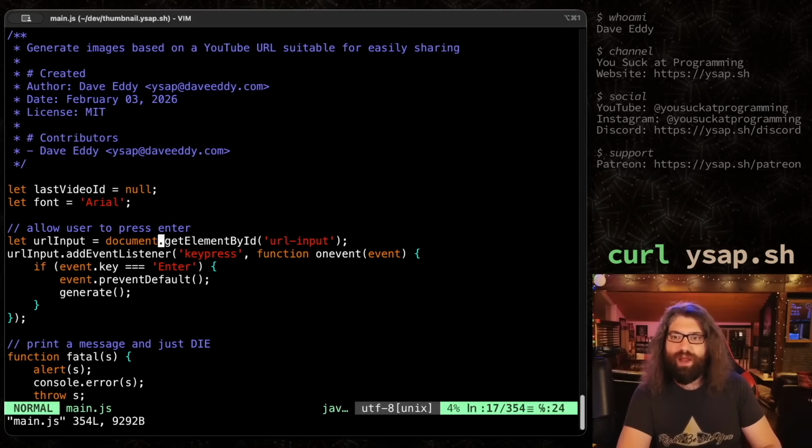This one right here, we grab the URL input. This is the text input that the user can type the URL into. We added this thing where we allow the user to press enter, basically because I got sick of putting the URL in there, hitting enter, and nothing would happen. Then I have to go click generate images. That was really stupid. So I put an event listener on every single key press,